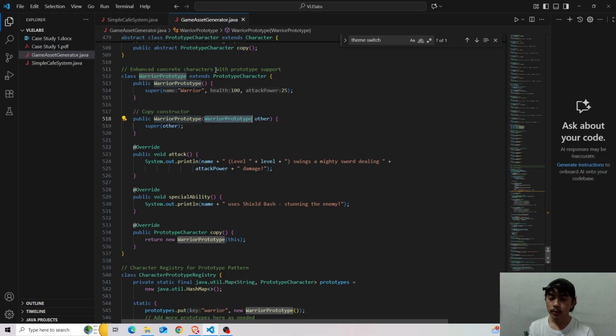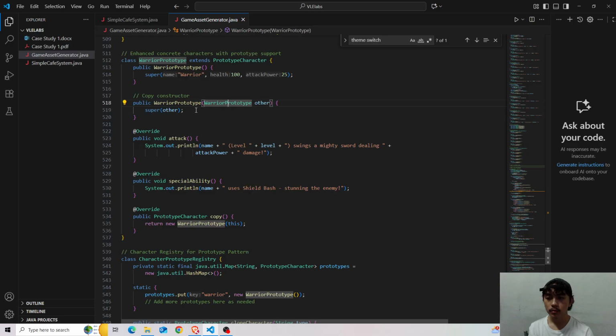So warrior prototype passes the other object as the instance of the warrior prototype, then super constructor passes the other object or instance from the warrior prototype class. Okay, so we have also overridden the attack.